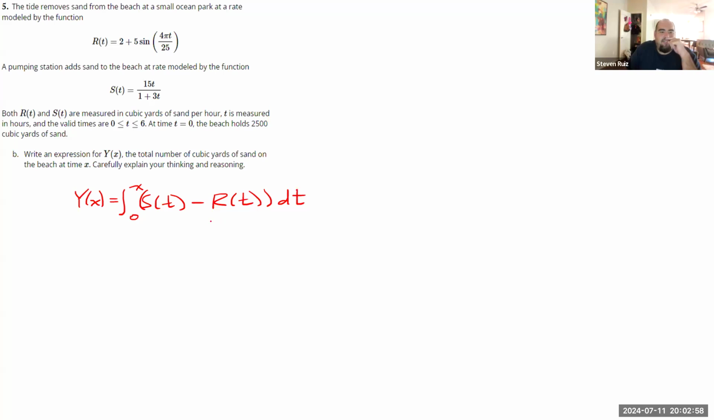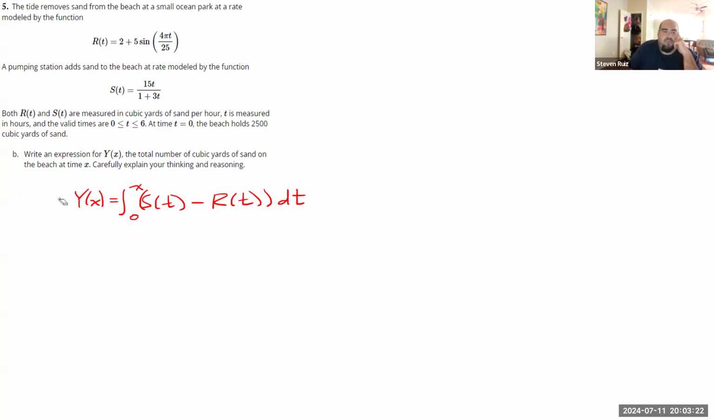Right, but is this enough? Does this integral give me the total number of cubic yards of sand on the beach? Not exactly. What this integral will give me is the total change in the volume of sand on the beach. But it doesn't incorporate whatever the initial amount of sand on the beach was. So that is going to come from,